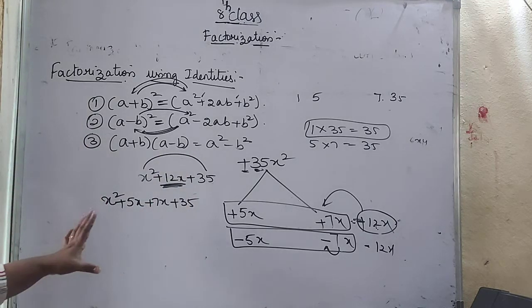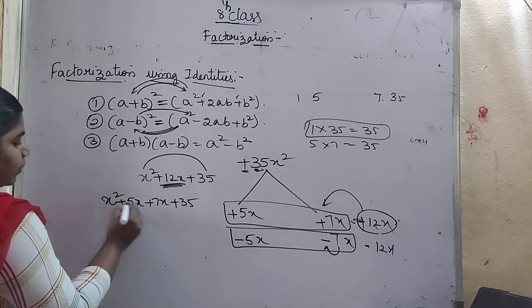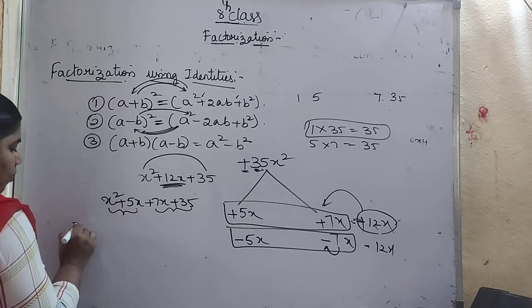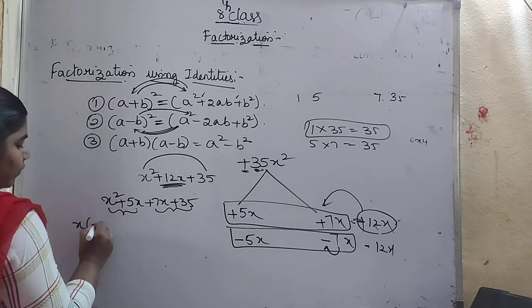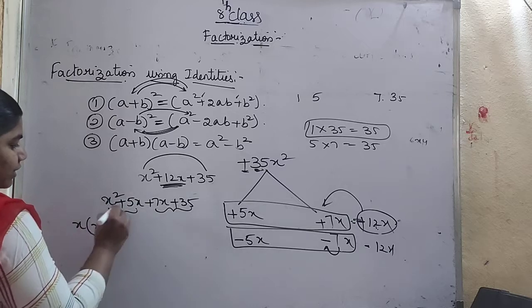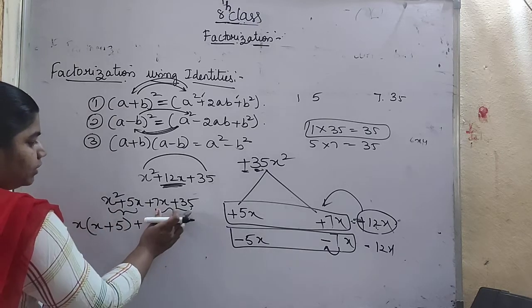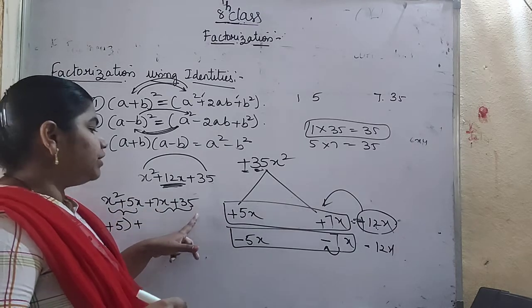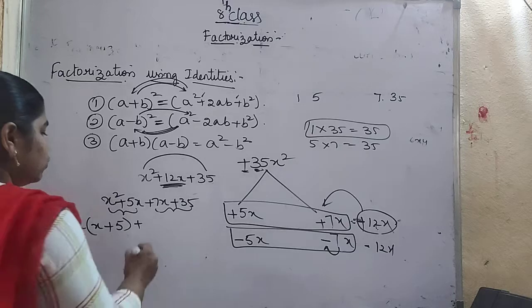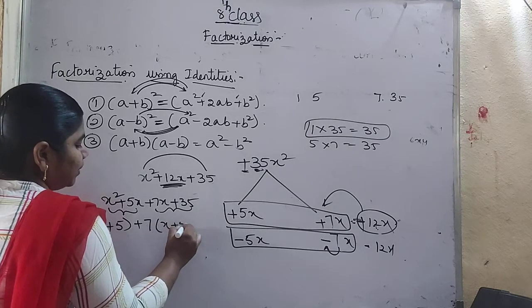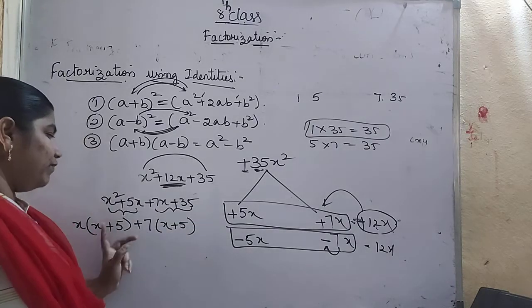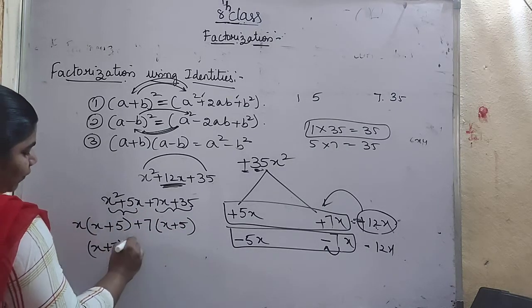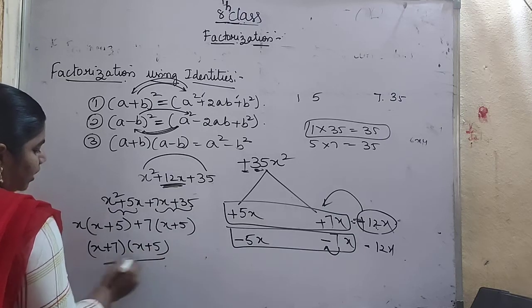Now in the normal grouping way, we can solve this. So x square, here 5x: the first two terms, last two terms. In these two, x is common. In this, 1x we can write. Here already I have taken x as common, so 5 is remaining. In these two, 7 is common because 7 will go in 7 table, as well as 35 is a multiple of 7. So 7 is common and the remaining is x plus 5. Now both are common factors. So what are the factors? x plus 7 is one factor, x plus 5 is the other factor.